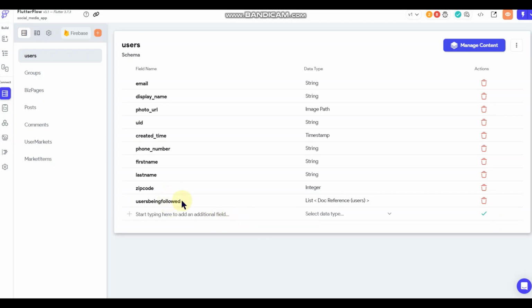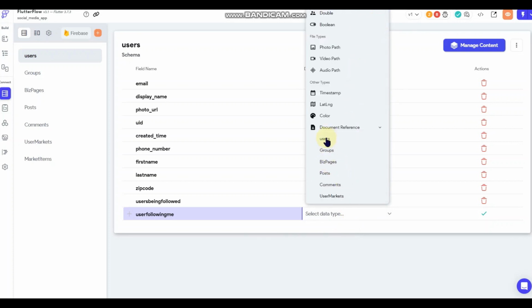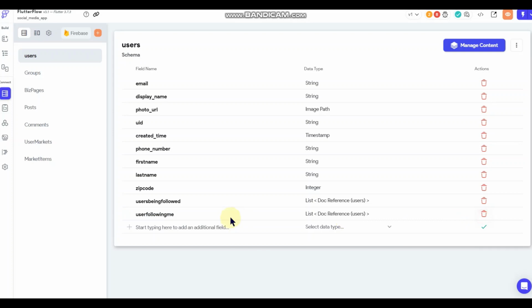Okay, so those are the users that a user will follow. And then this will be a list of users that are following this user. Hopefully that makes sense. That'll be a list. Document reference, users.